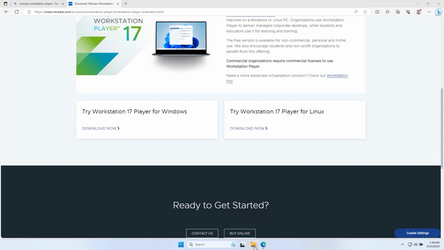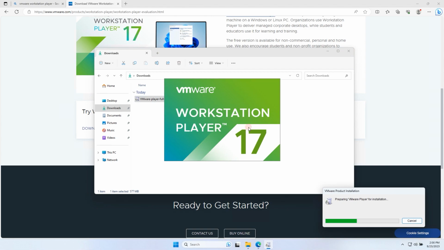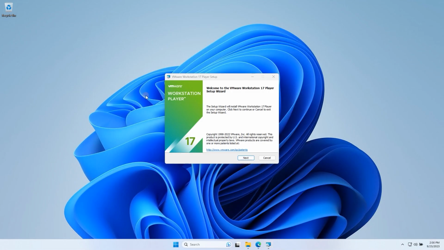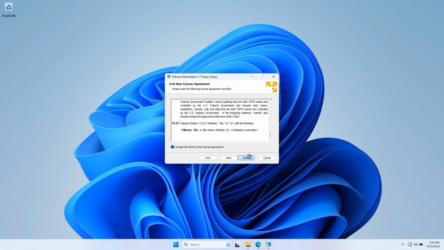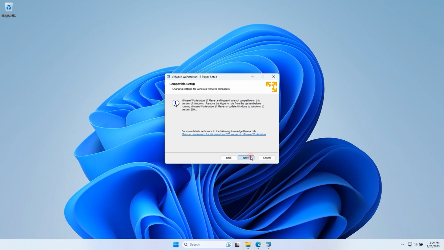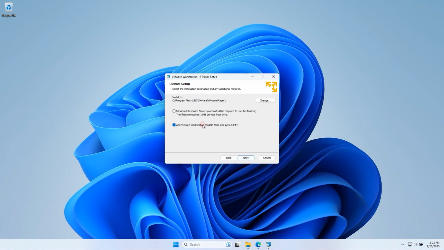Once the file is downloaded, head to the File Explorer, Downloads, and hit on the installer. Now I will guide you through the installation process. Once the installer is configured, it will open up this window and you can hit Next, accept the terms and conditions, click on Next again. On this page, you can select the path for VMware. It could be anywhere on your PC. For now, we will leave the default location. Click on Next,